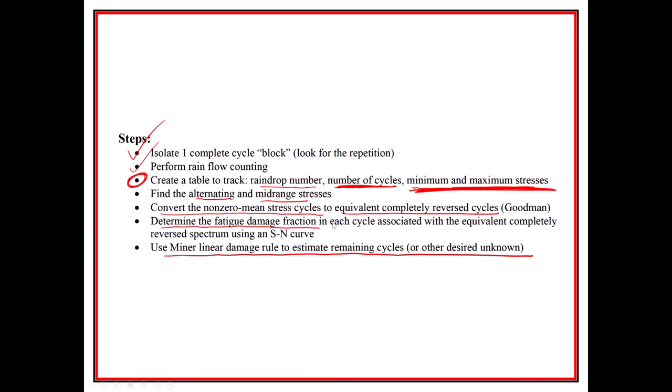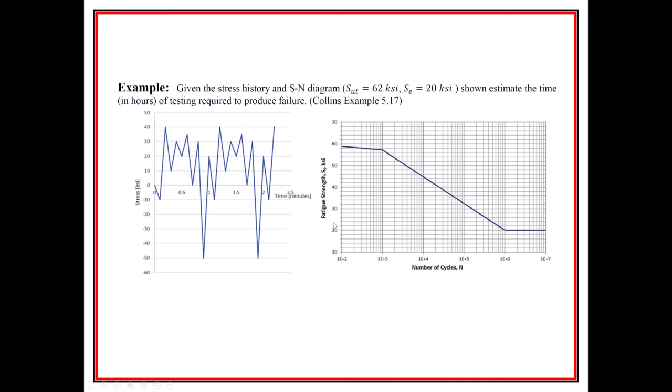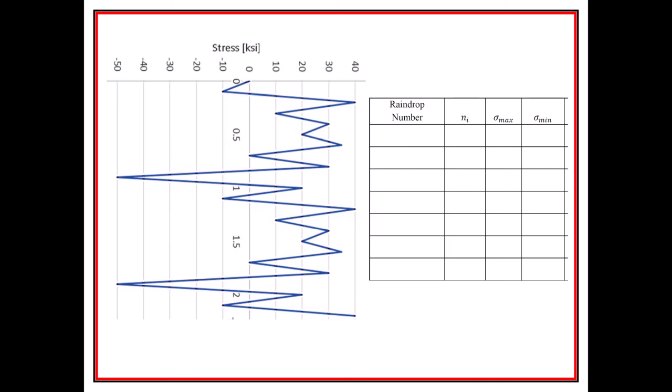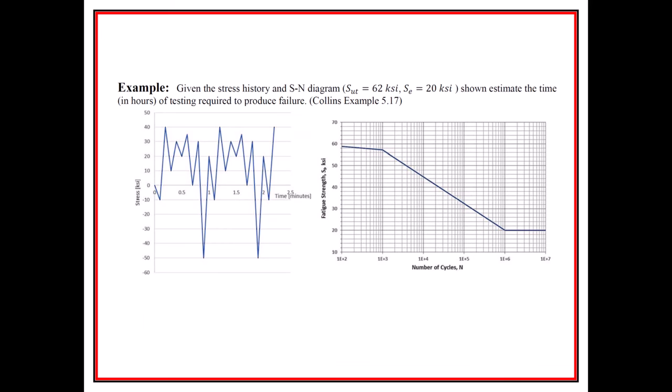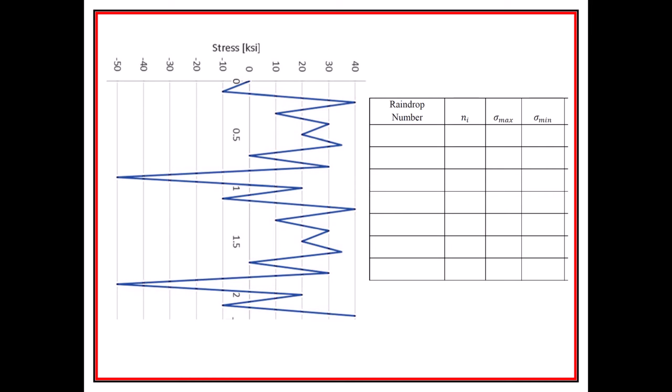So it's a convoluted, complex thing, and it's really best seen through an example. And even better is to do it yourself, right? Quite often what you need to do as part of this is to do it in a multiple setting. So for the raindrop method that I would employ here, I would identify a block as starting here and ending